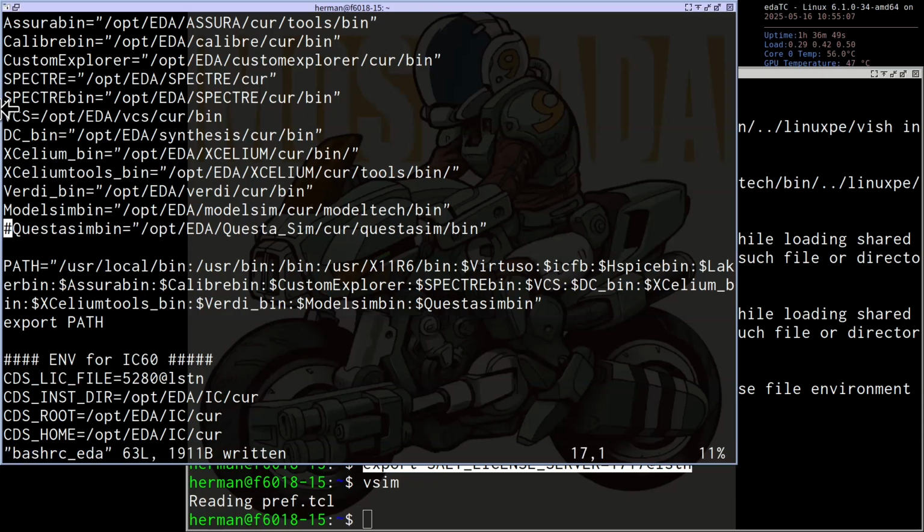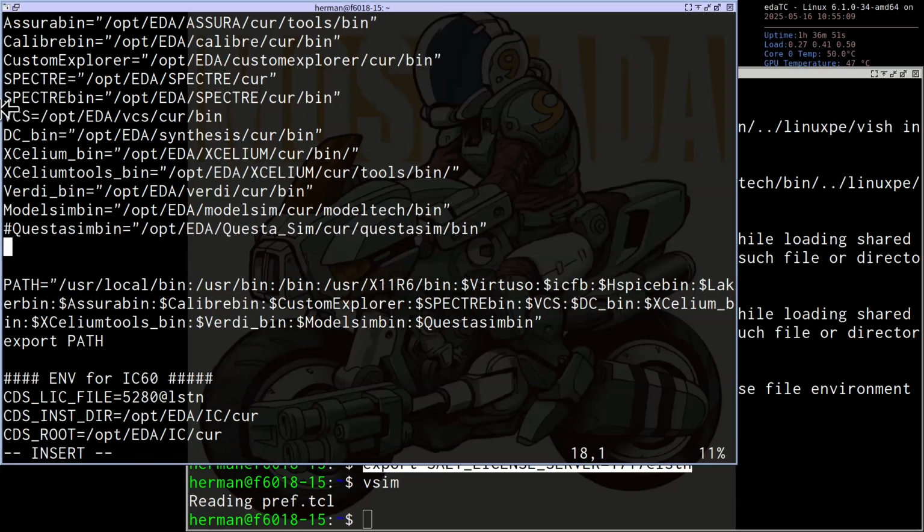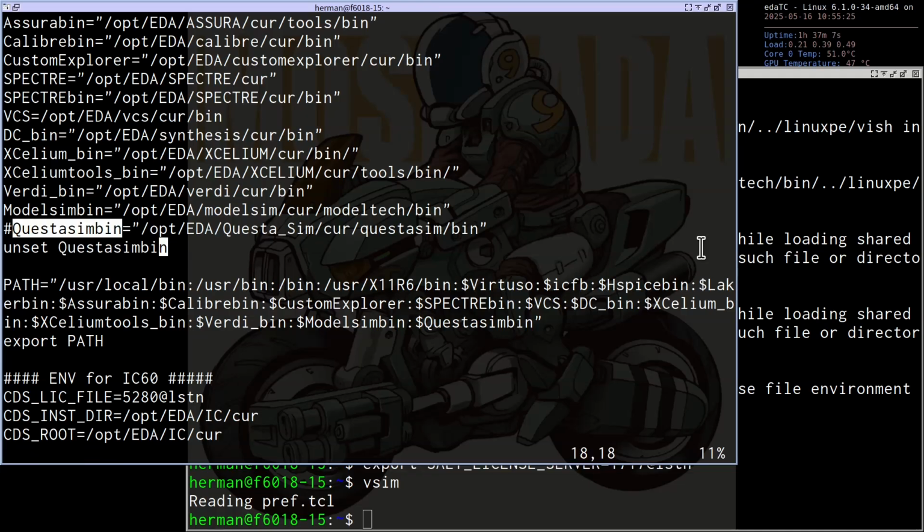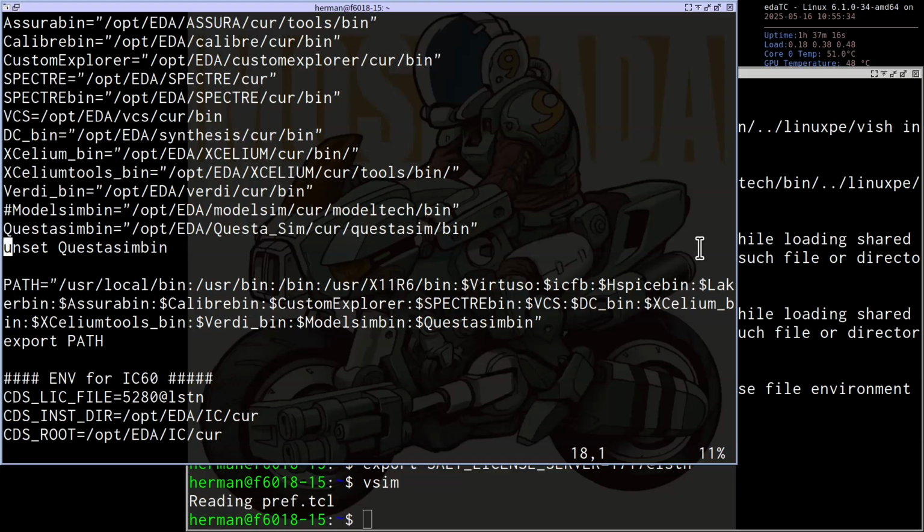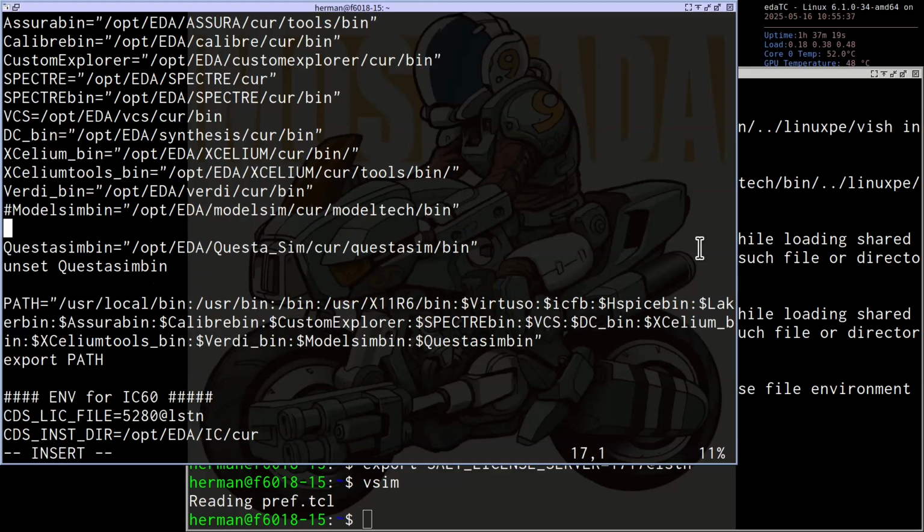By the way, you can force unset the QuestaSim bin variable. If you want to force it to run ModelSim, then you can unset QuestaSim. And if you want to force it to run QuestaSim, you can force it to unset the ModelSim bin.